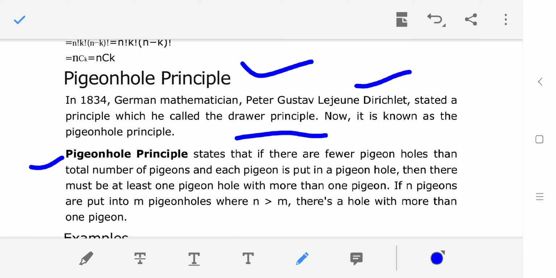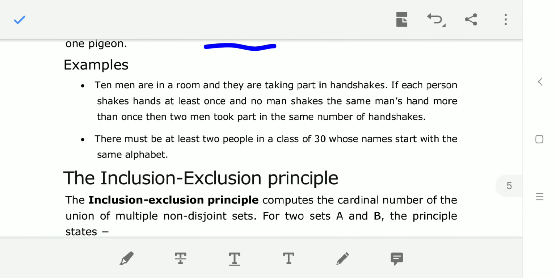This principle states that if there are fewer pigeonholes than total number of pigeons and each pigeon is put in a pigeonhole, then there must be at least one pigeonhole with more than one pigeon. If n pigeons are put into m pigeonholes where n is greater than m, there is a hole with more than one pigeon. For example,